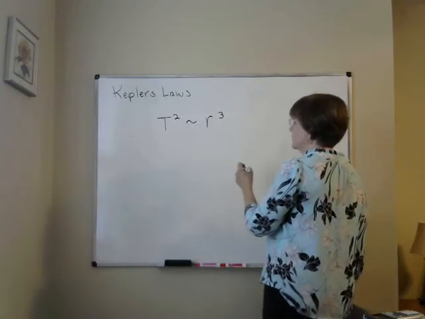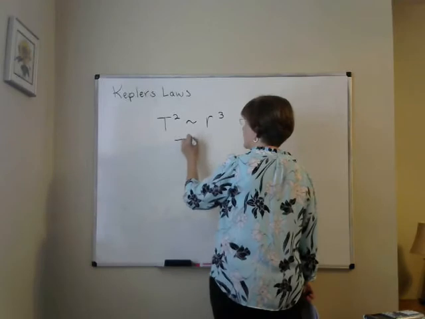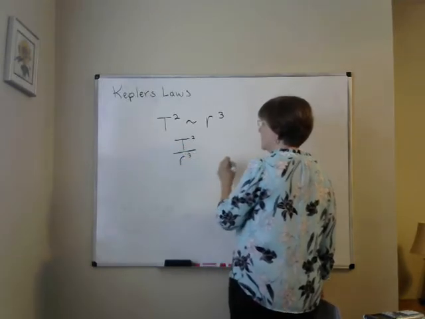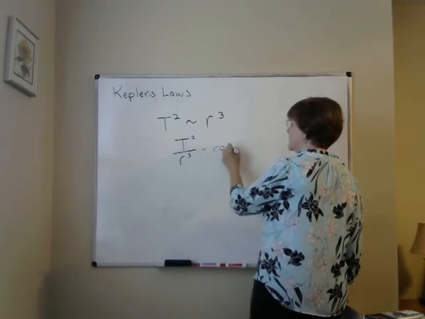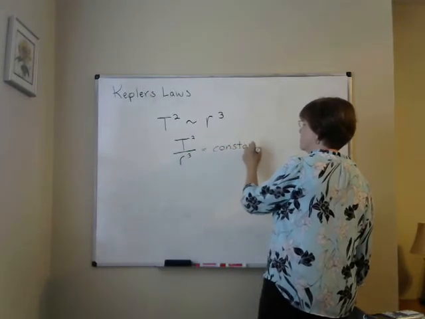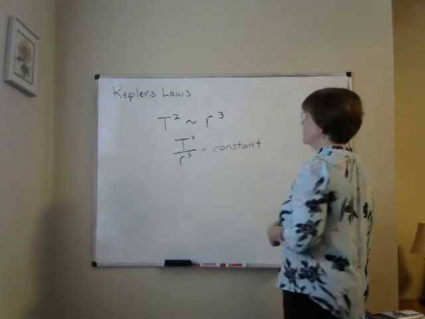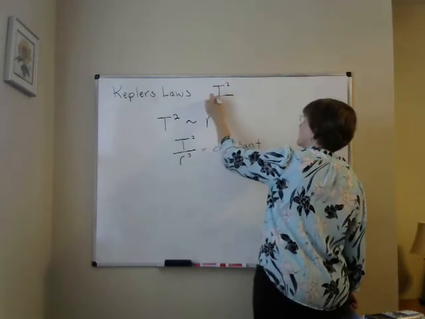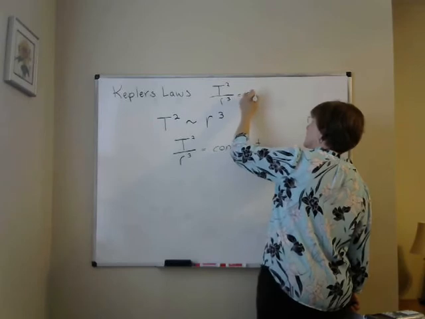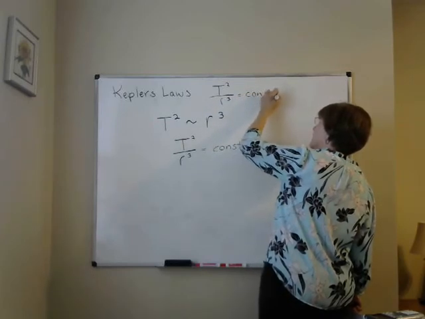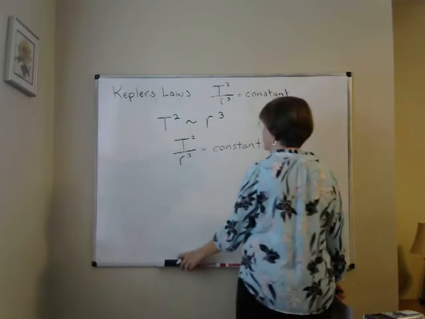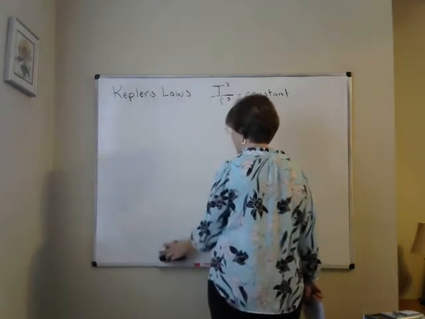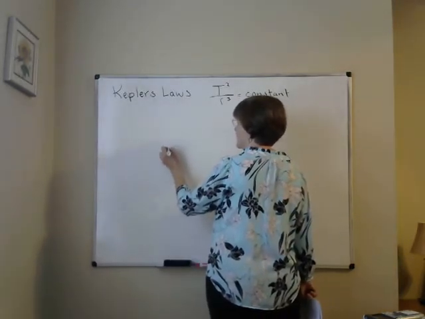Or, if you wanted to rearrange that, you could say the square of the period divided by the cube of the radius is going to equal a constant. Let me draw a picture of the solar system. Let me write that up here. If this is the sun,